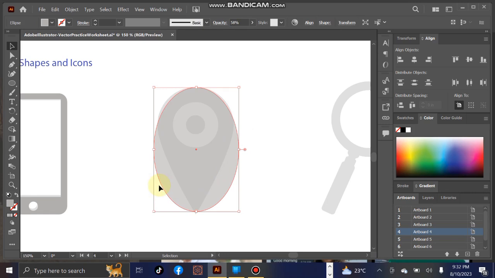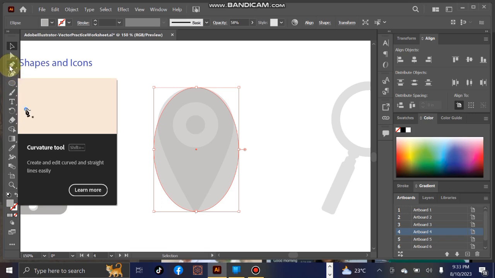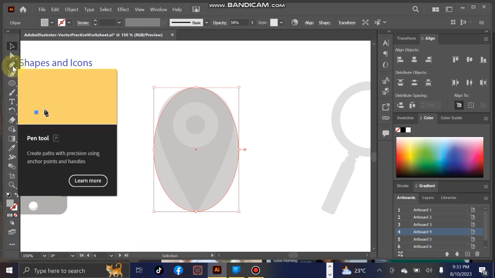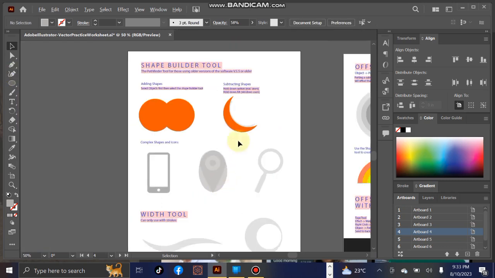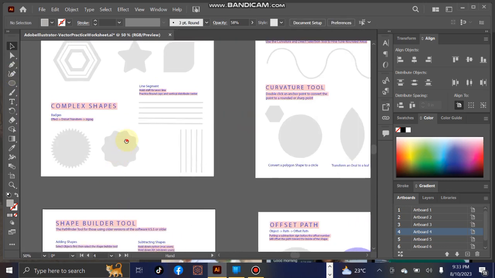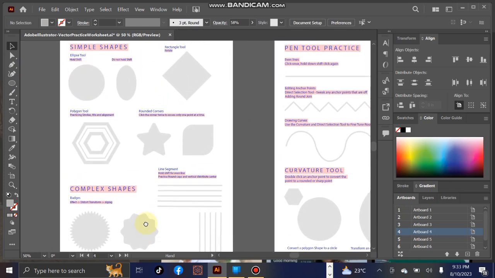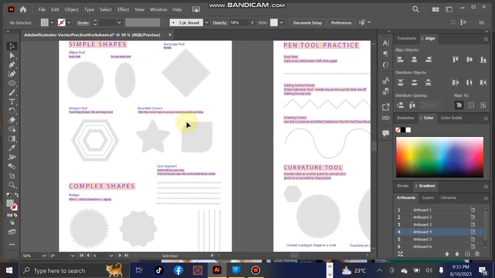Now, please take note of what we want to do now. Now we want to use our curvature tool. Remember, we have talked about our shape tool or pen tool. Then now we want to talk about the curvature tool. Now let me go back and see where we are. Yes, when we were trying to rotate this